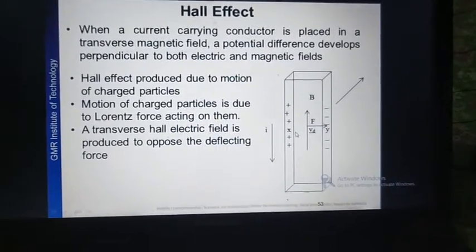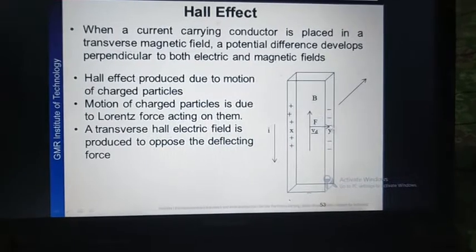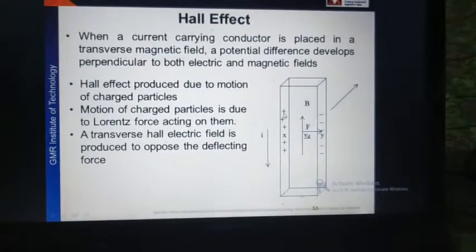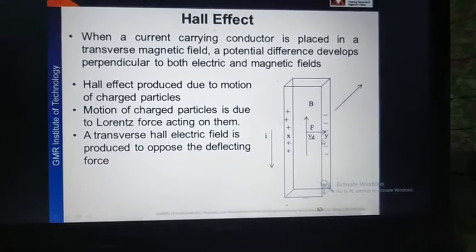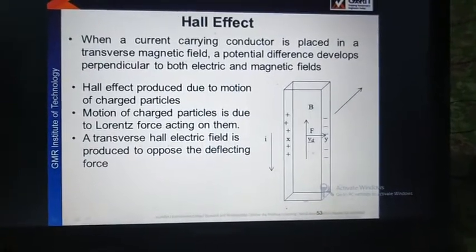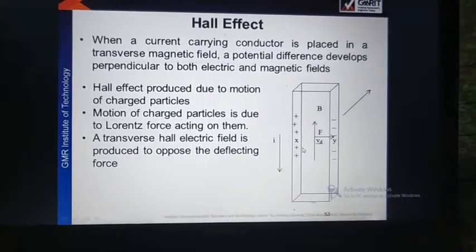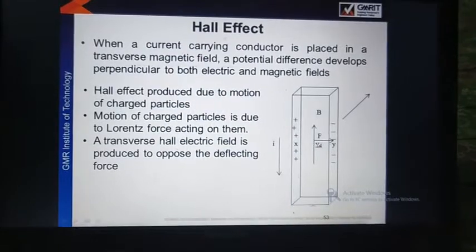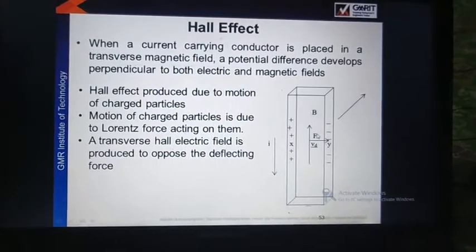And this charge deflection will be opposed by the electric field between them. So between these plates a voltage will develop as well as some electric field is developed. So a transverse Hall electric field will oppose this magnetic field. So a force F is acting due to the